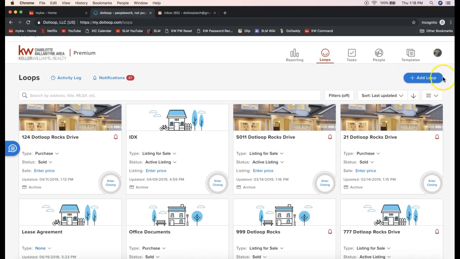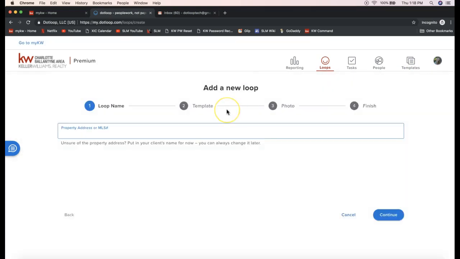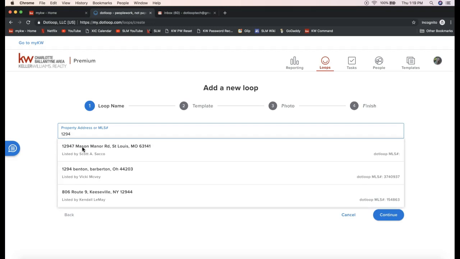But for now, let's go ahead and click Add Loop on the top right, this blue button here, to get going on a new loop right away. Okay, so I click that Add Loop on the top right to start a new loop. Now loop name, so it's really great to have a practice loop in your account, like I said, so you can practice on the different Dotloop features. So if you want to name this 123 practice loop or 123 Main Street, your home address, whatever you'd like to name it. Okay, I do just want to point out